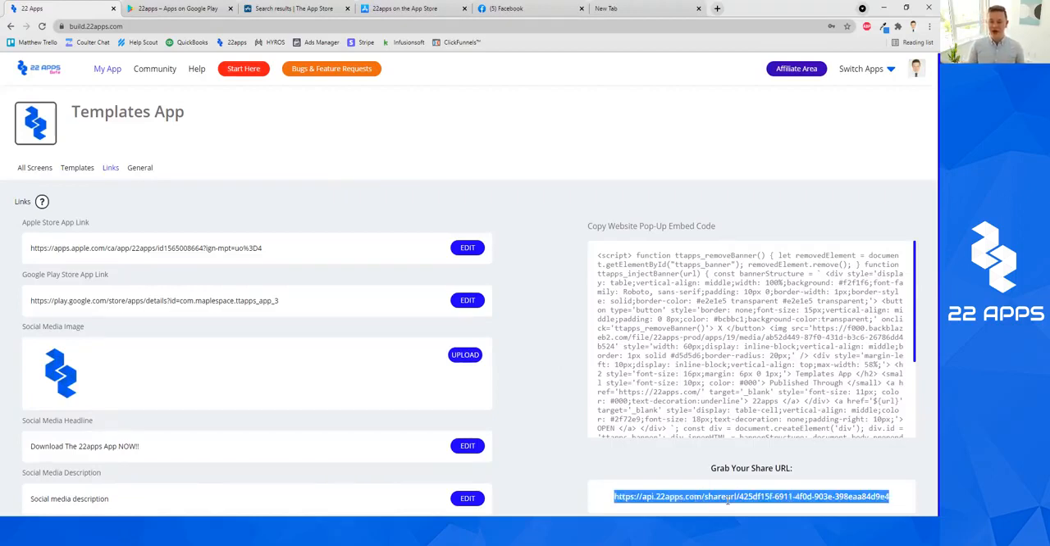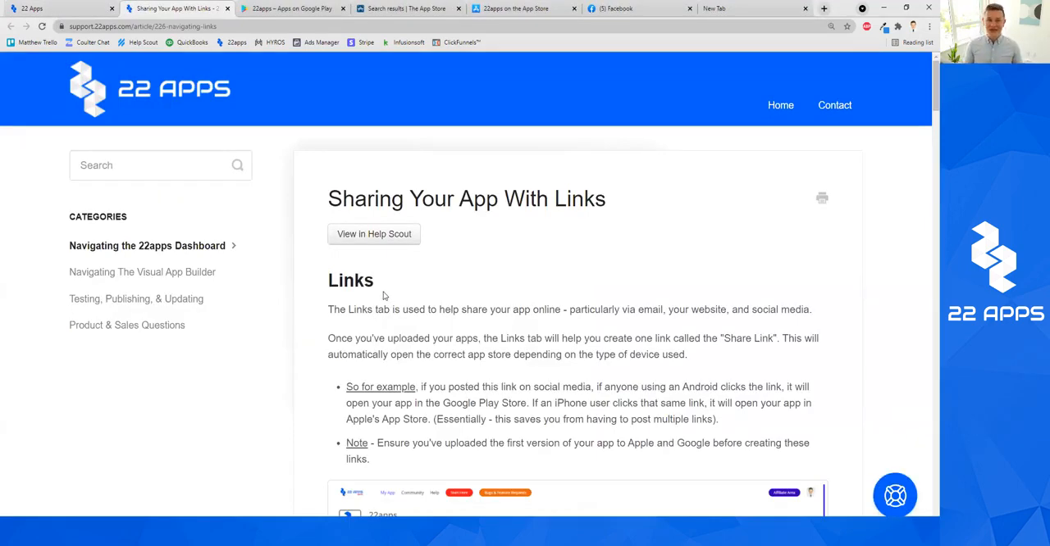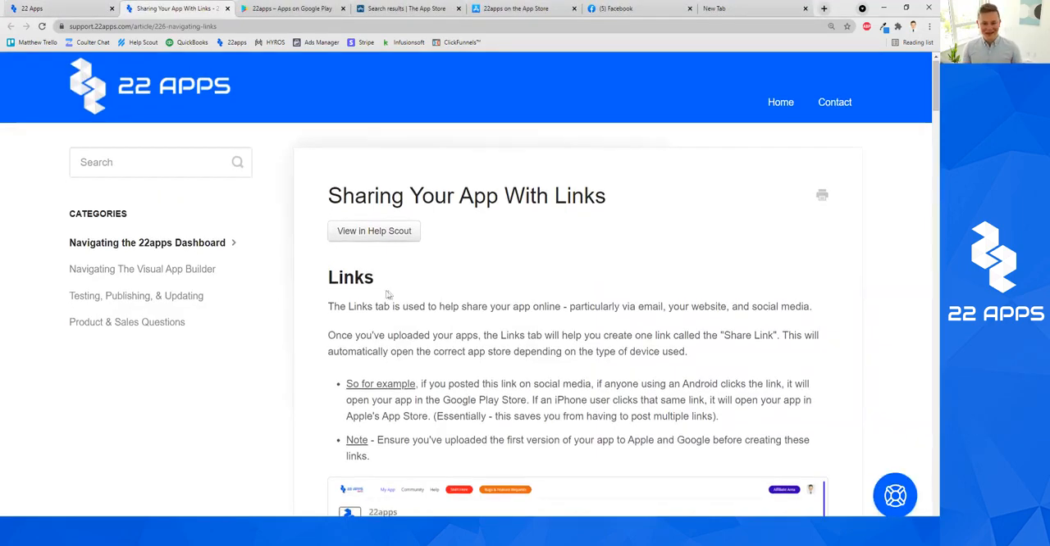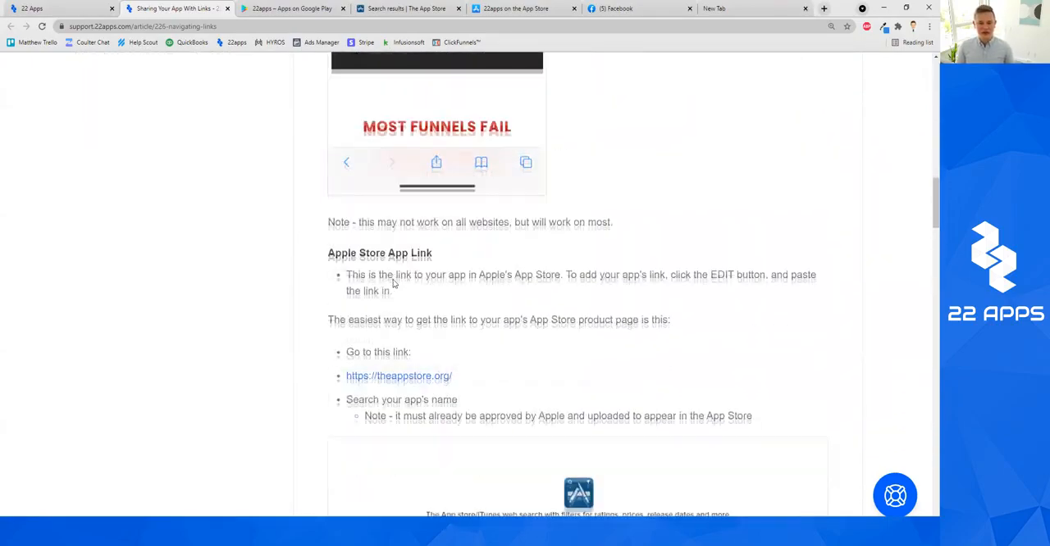All you have to do is simply copy this share URL, and you can use that wherever you'd like to share your 22 Apps app. And there's one more thing that I think is super cool that I love showing people, which is this big piece of text right here. And you may be wondering, what the heck is that? It looks very complicated. And while yes, it is a little bit complicated, it is very powerful and very cool, which is